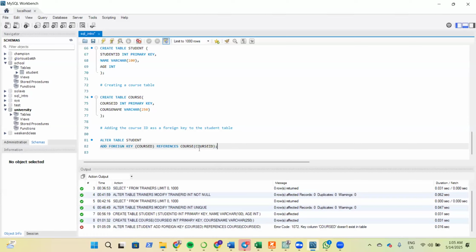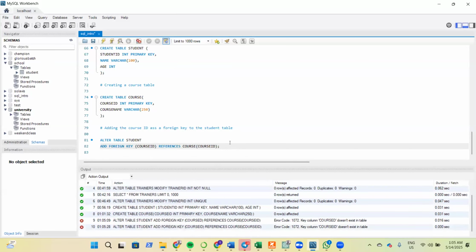Which one? Cause does not exist. It's not cause now, though. Cause D doesn't exist. Which one did I call cause D? Oh, this is course ID, not cause D. Prof, can you hear me now? Yes. Still getting: course ID doesn't exist in the table. Which one did I